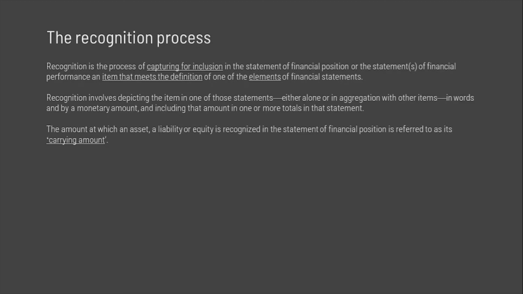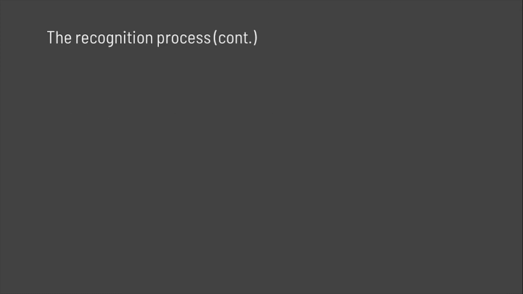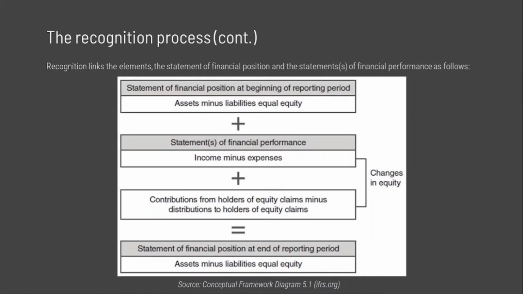So the amount at which an asset, a liability, or equity is recognized in the statement of financial position is referred to as its carrying amount. Recognition links the elements, the statement of financial position, and the statement of financial performance as follows. So here in the diagram below, you can see